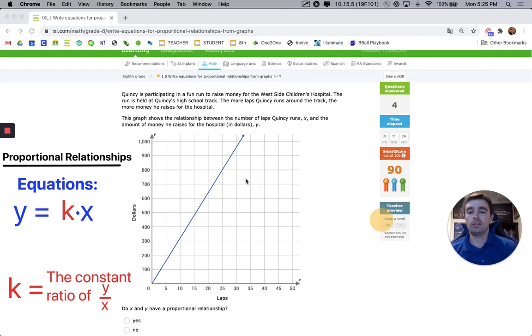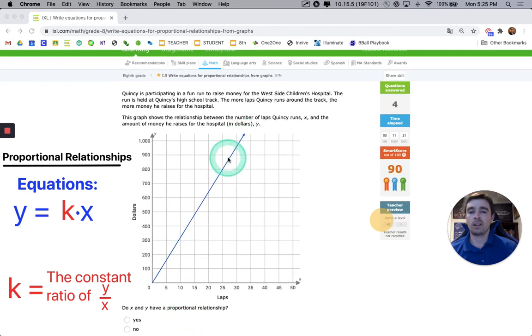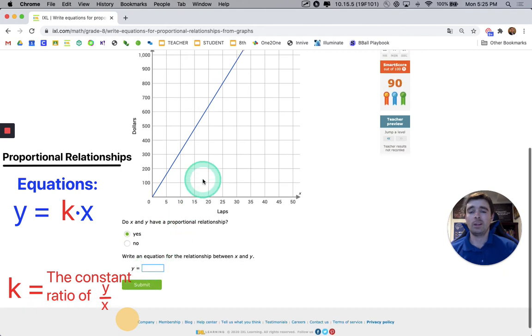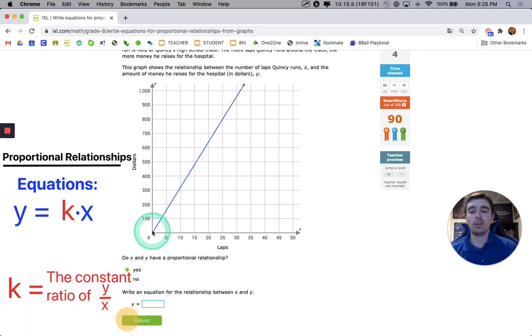All right, cool. So we have a graph that is a proportional relationship. That's the first thing the challenge zone will make sure you can tell, if it's proportional or not. For the ones that are, go ahead and say yes. They're going to make you come up with an equation. And here we see the challenge is there aren't many good points on this blue line. If I track where it is, and I'm looking for nice, easy corners of grid boxes that I can clearly tell the coordinates, I come close here, but if I zoom in,